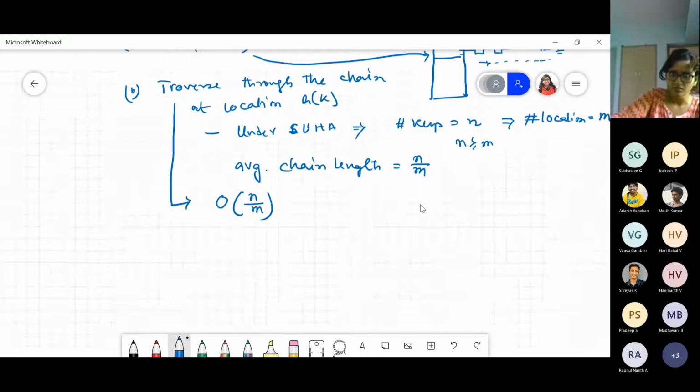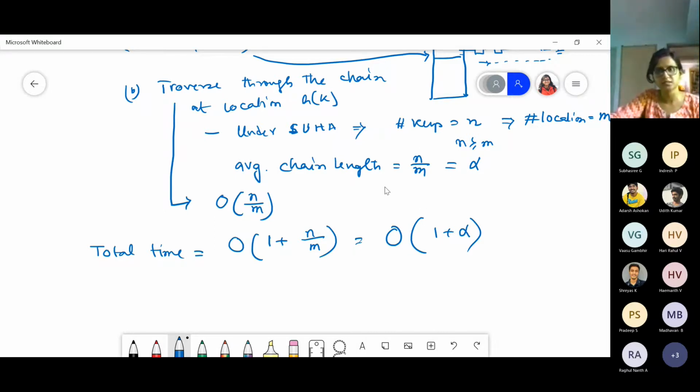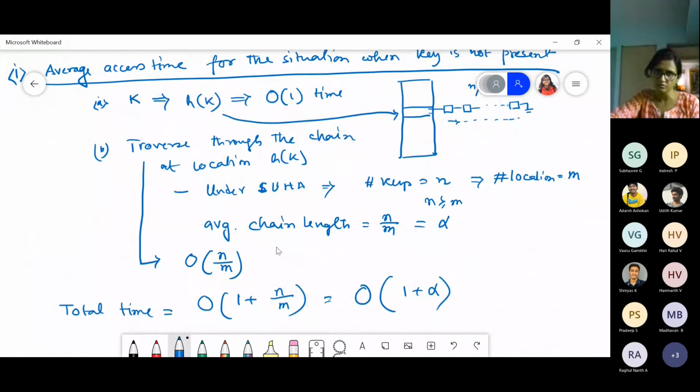So total time will be what? Order of 1 plus n by m. Now this n by m is also the load factor alpha. That means total time will be order of 1 plus alpha, where this plus means maximum of the two. That is the complexity, right? So if we don't find the key stored in the hash table, then also we need constant time to get the answer that the search key is not present.